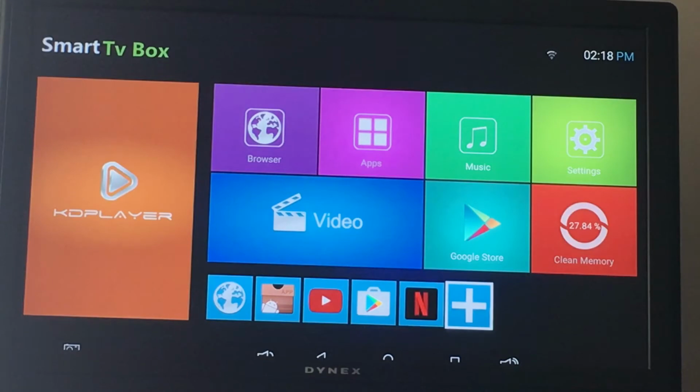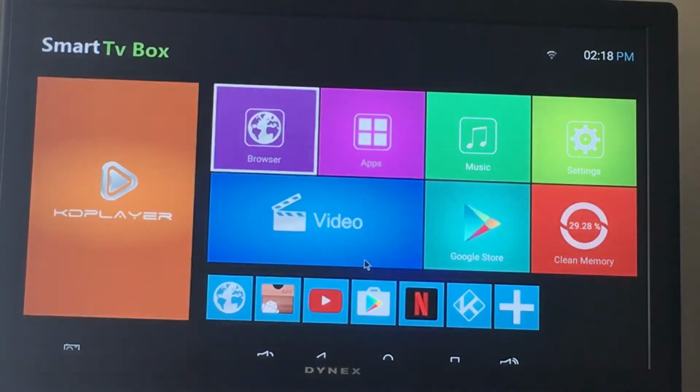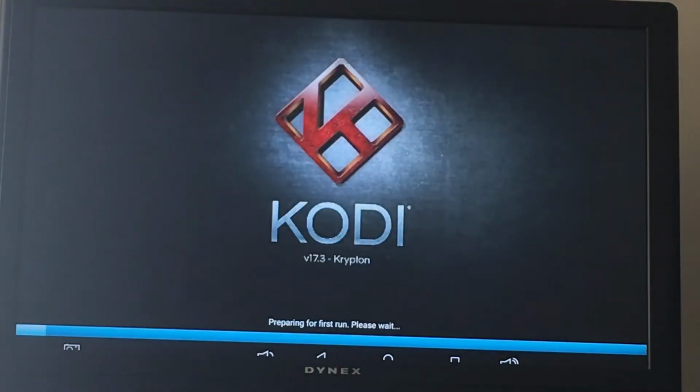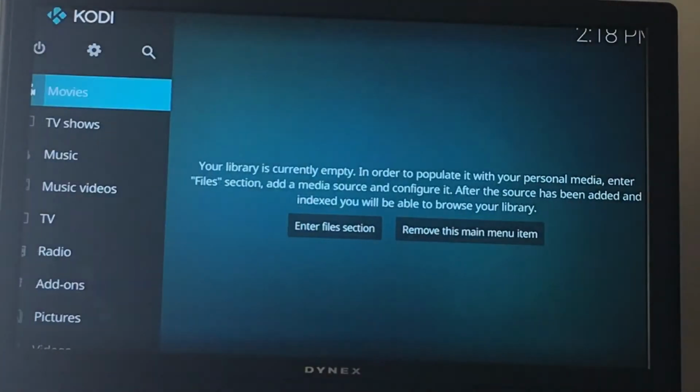Okay, now I'm going to add it to my shortcuts. And we're going to go inside. So we have Kodi 17.3 Krypton installed, which is the latest version of Kodi. This is what you want so that everything will run properly for you. If you went over top of a previous version, you will have your add-ons and stuff still inside, but